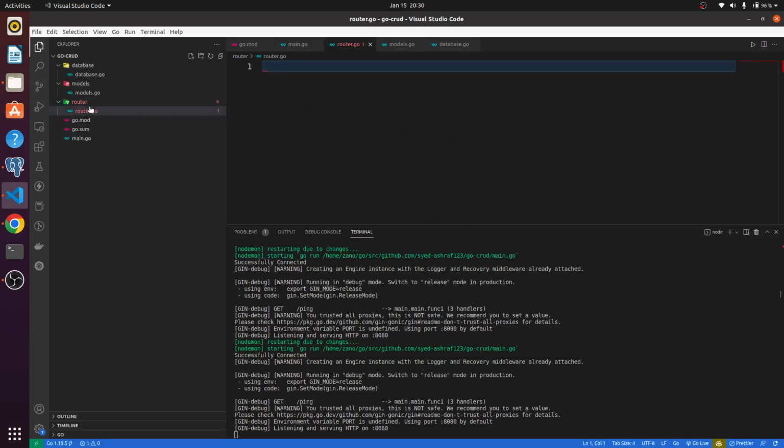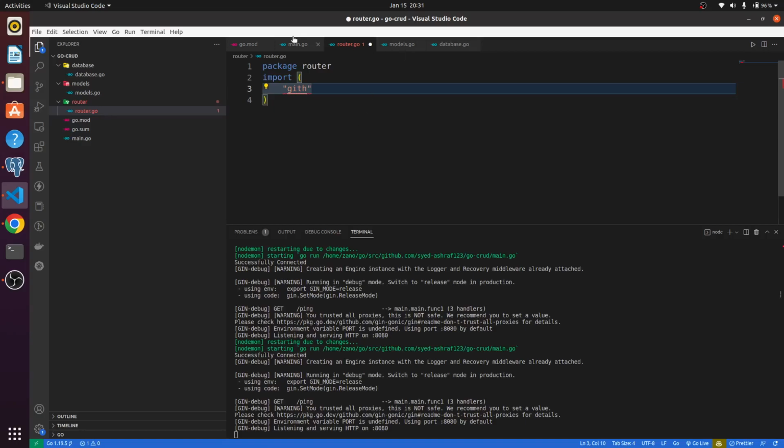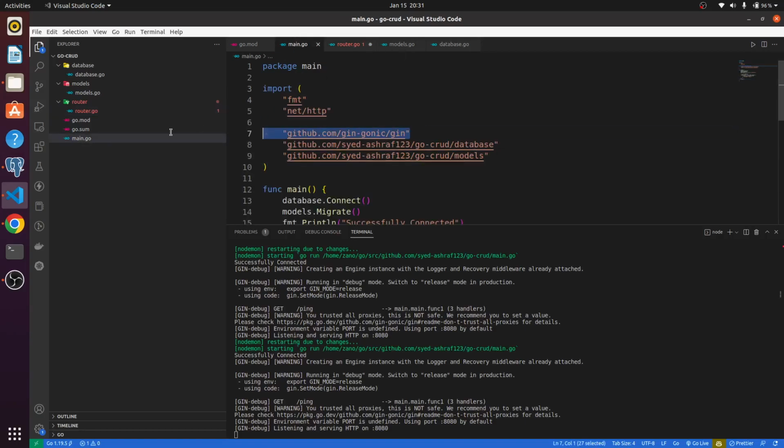Now in the router.go, firstly we'll write package router, then we'll import the gin framework from github. I must have imported it in main.go. Yeah, copy it,